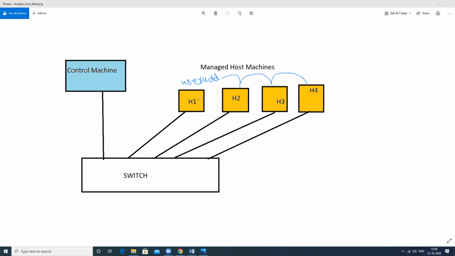So we write the command on each machine when we perform this task manually. If we use the Ansible tool, we do not need to write this.